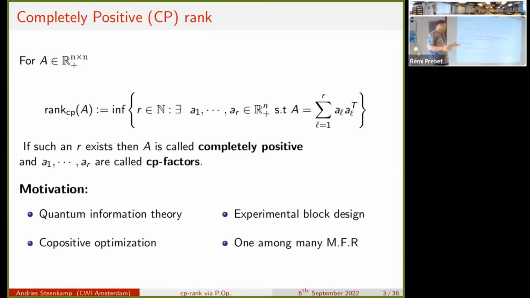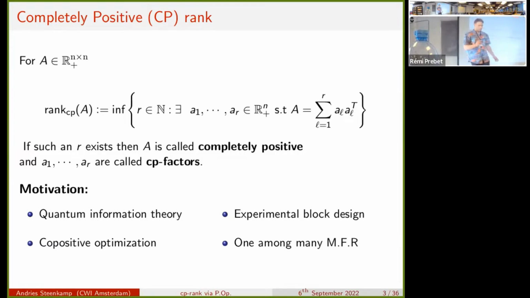Right, that sorts the what we're interested in. Now for the why. There are some sexy applications in quantum information theory, teleportation, quantum computing, cryptography, not my field of expertise. There are some nice applications in copositive optimization. This comes from the fact that the cone of copositive matrices and the cone of completely positive matrices are dual. And a lot of combinatorial problems can be reformulated as copositive optimization problems. If you're a practically minded individual and you like statistics, there's an application called experimental block design. Not going to go into detail of that.